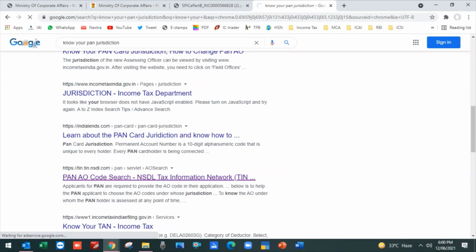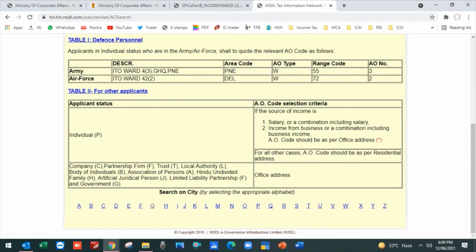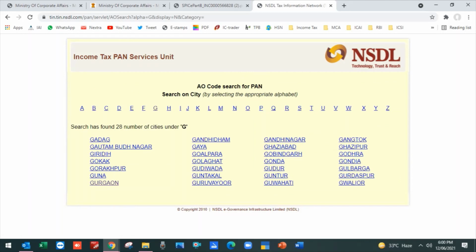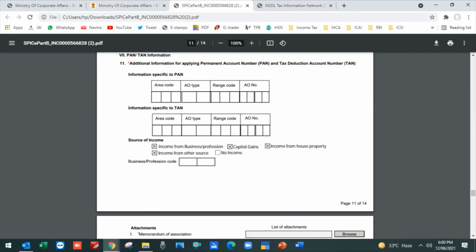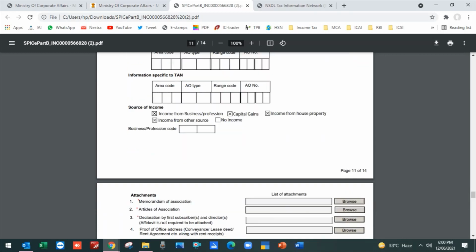Suppose I belong to Gurgaon, so I will scroll here to Gurgaon. Depending on the director name or the company's first name, you will choose the AO area code, AO code, range and AO number. These you have to fill here. It is the same for the TDS number as well.